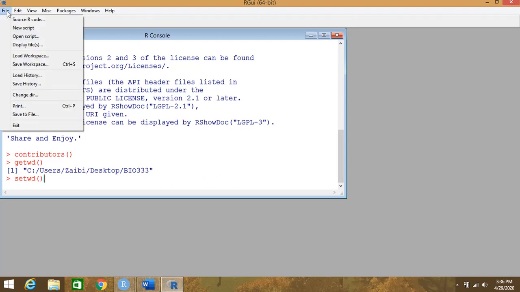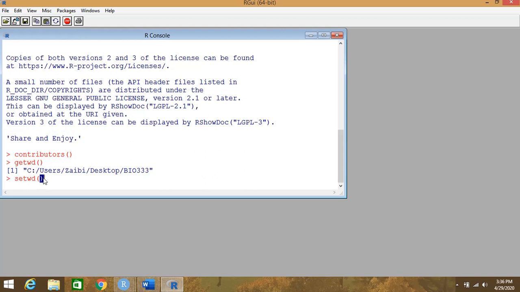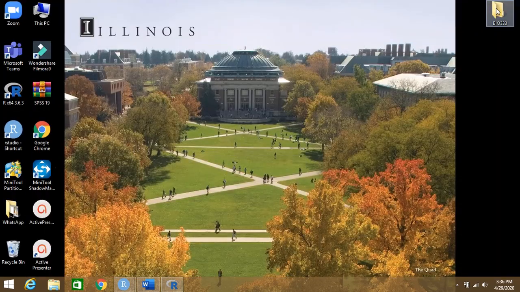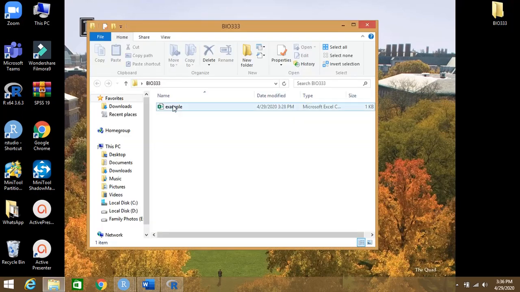Either you can do it like this, with File and Change directory, or the other method is setwd. Suppose I don't know the path for my file, I can go into the particular folder where my file is located. I'm sorry, my system is a little bit slow. So this is the file we want to work upon.